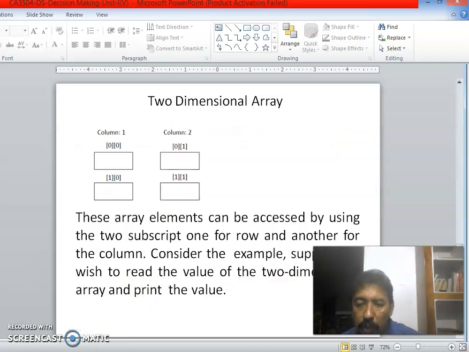The two-dimensional array is shown diagrammatically: x[0][0], then [0][1], then [1][0], [1][1]. Based on that index, the 4 elements are accessed.